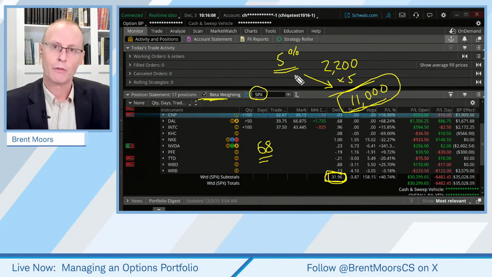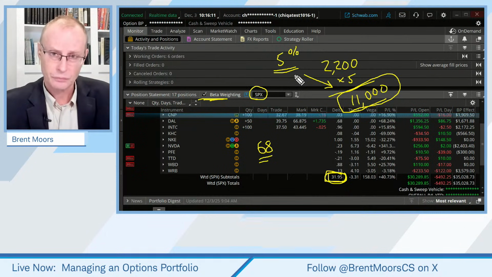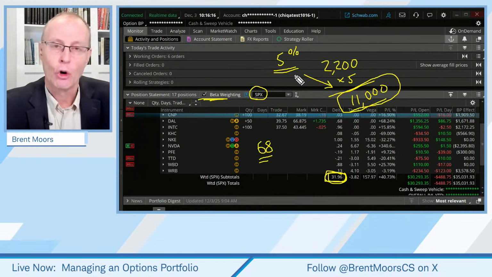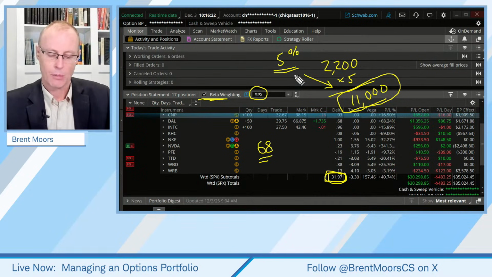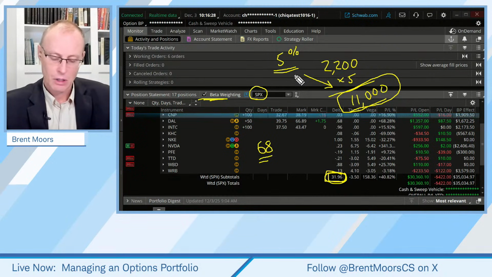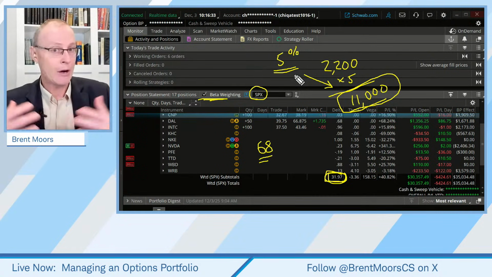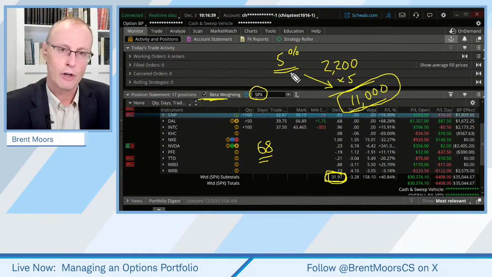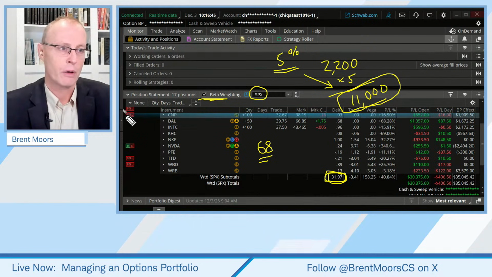How about a 20% move in the market? That's a pretty big drawdown on the S&P 500. On average, roughly every 4 years, we get a 20% drawdown in the market. And it can go more than that. About every 10 years, we get about a 30% drawdown in the market. I don't know when it's going to come again in the future, but you need to be prepared for it. So if you know the math and you know how to figure that out, then you can see what your portfolio risk is there. Okay.